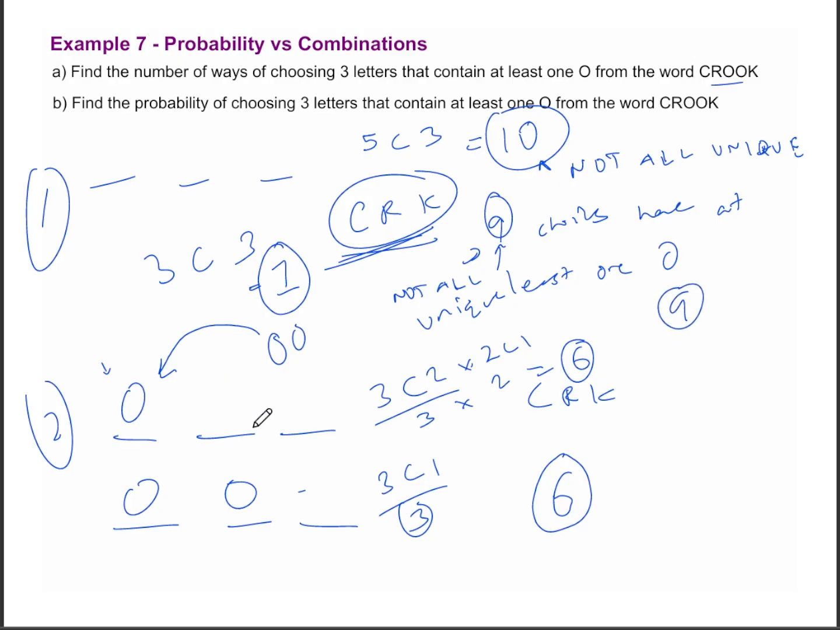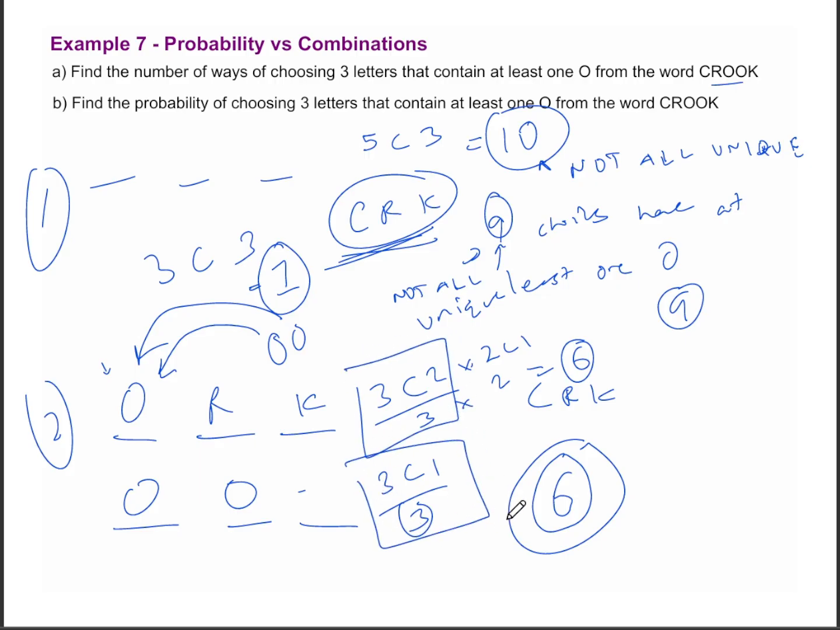Why? Because we have the repetition. Remember, ORK, where the first O is chosen, or the second O is chosen, are both going to be the same. Which is why the actual unique ones are just 6. 3 from the first one that are unique, and 3 from the second one which are unique. So the number of ways of choosing those 3 letters, they're just 6 possible ways of choosing them, but there are 9 times that that choice happens. So 6 possible choices, but 9 times out of 10 total